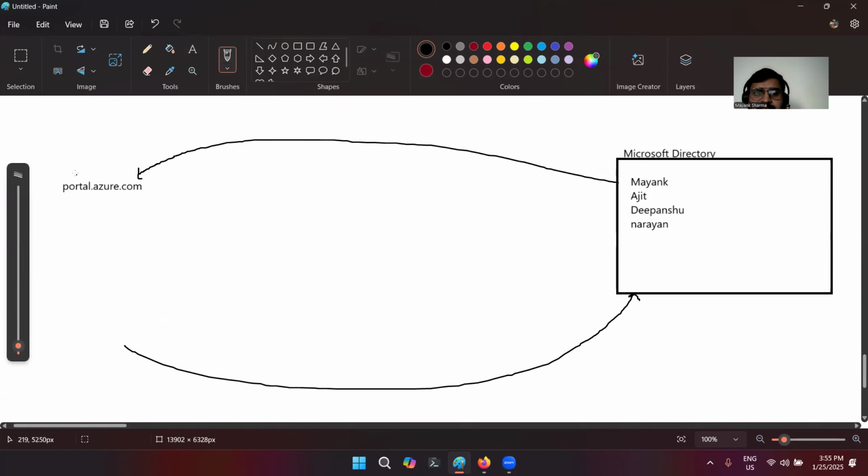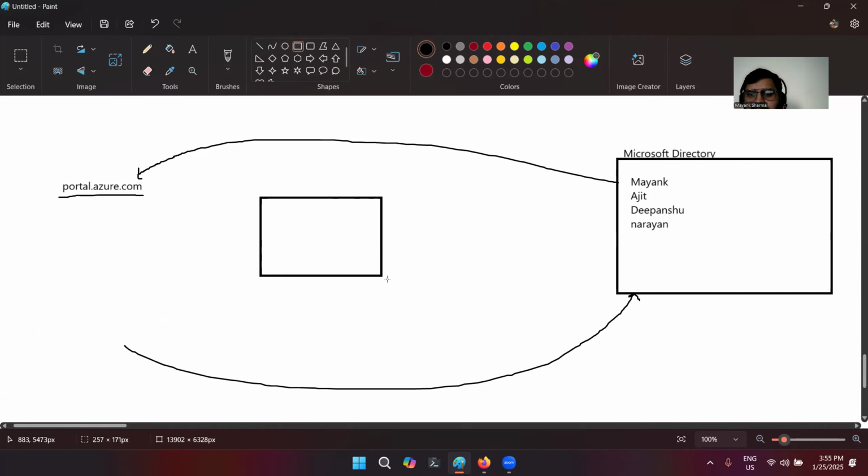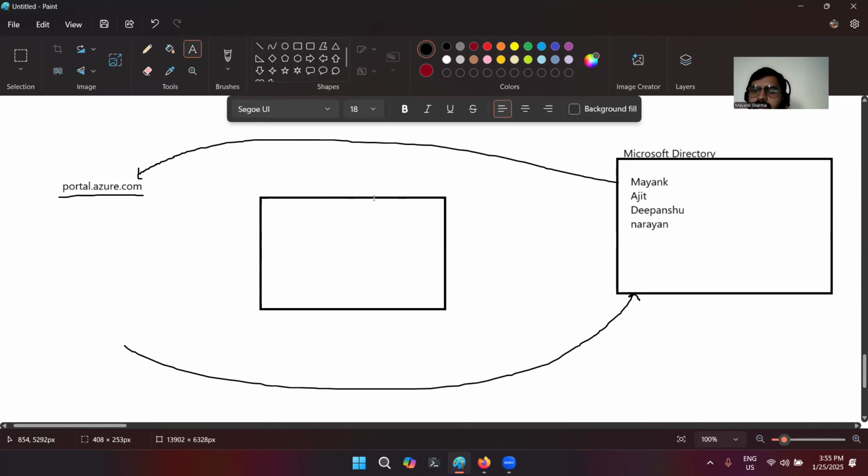When the request goes to portal.azure.com for the first time, when I have created a new account, Microsoft creates a new instance of Azure Active Directory, or Microsoft Entra, for this particular account. Let me phrase it as Azure Active Directory only. So Microsoft creates a new instance of Active Directory for this particular account, Mayank.